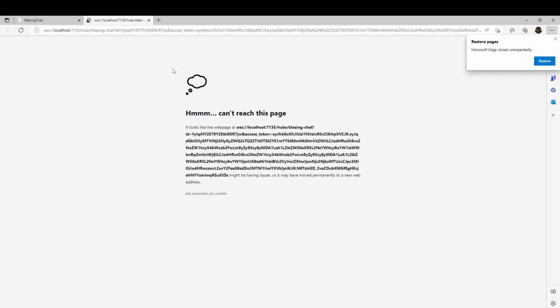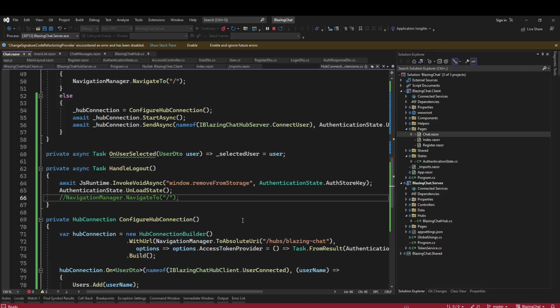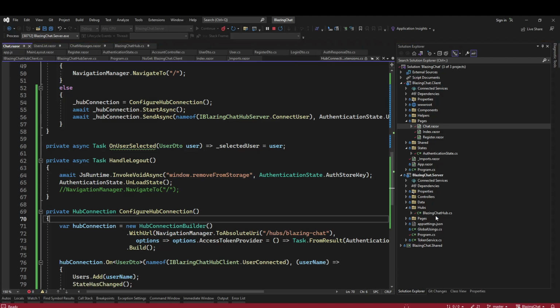That's why it passes this access token as a query string. So we need to tell our system that the token is coming in the query string, then use that query string token to parse and validate. So in order to do that, we need to go to